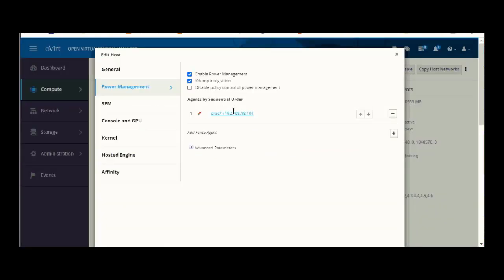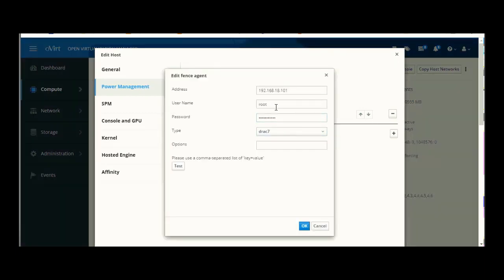Now go back to the server, select the existing fencing agent, give the IP address and give the fence user which we created earlier, and the password.